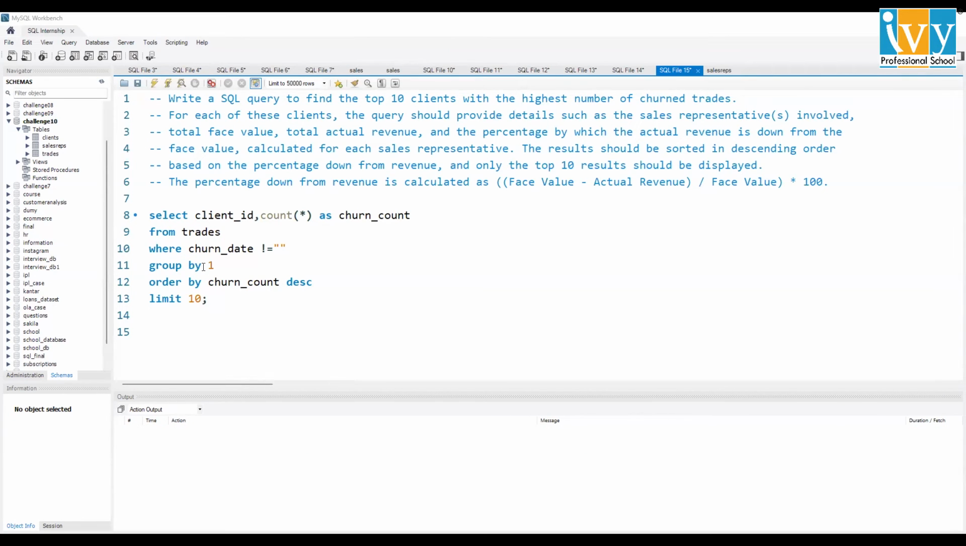Coming to the second part of the question, you have to find each sales representative, their total face value, their total actual revenue, and the percentage down. The formula is here to find the percentage down. So we are going to use this query in our query. I will convert this query into a CTE, with most churned client as my CTE name. And then we can select from trades T